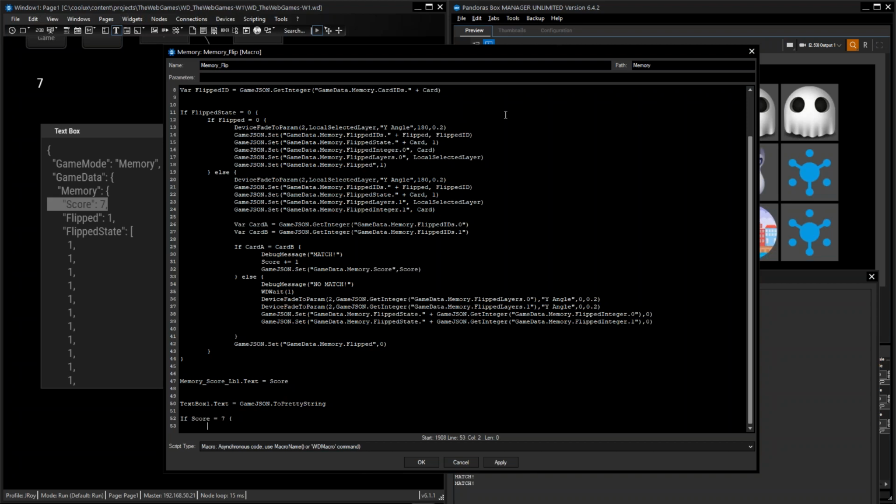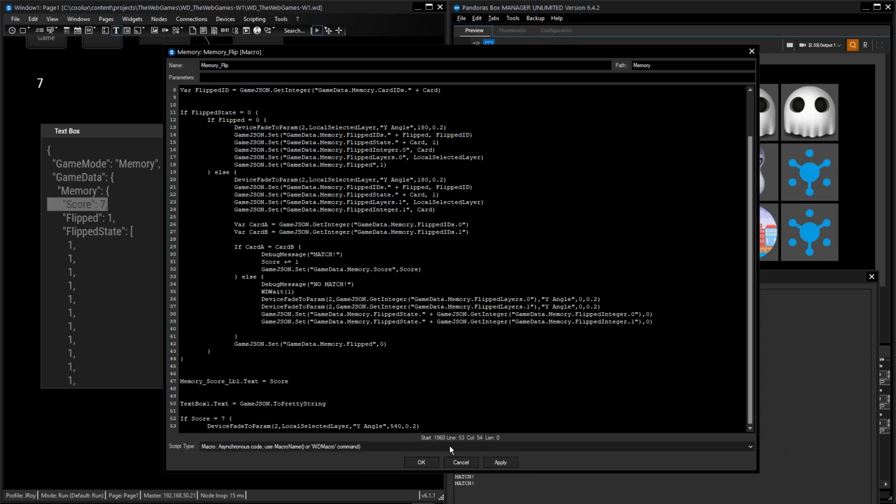So we can grab our device flip here, our angle, and let's say 180 degrees plus 360,